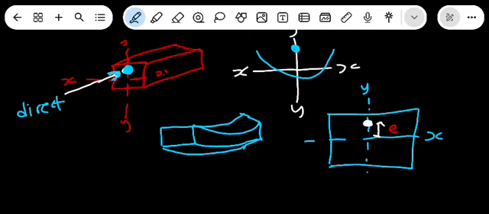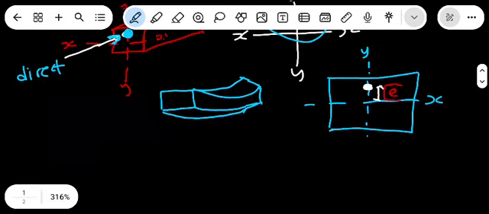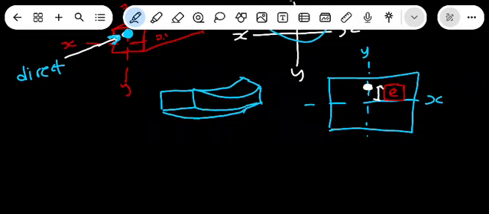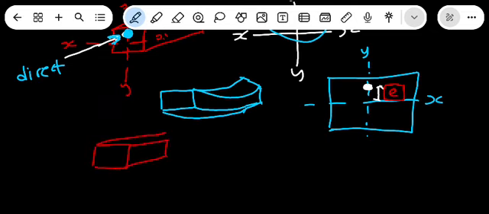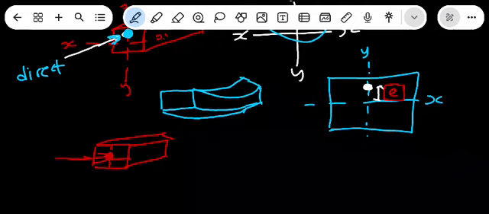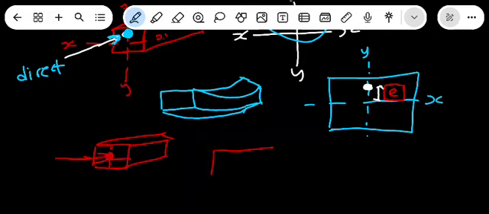If we don't have the eccentric distance, the bar won't bend, it will be compressive. Let's say, for example, you have the bar like this, and then you apply the force directly in the center. You apply the force there, it will compress. You call that compressive. It will make the bar reduce in size. If you have the big bar, it will compress and become short because you apply it